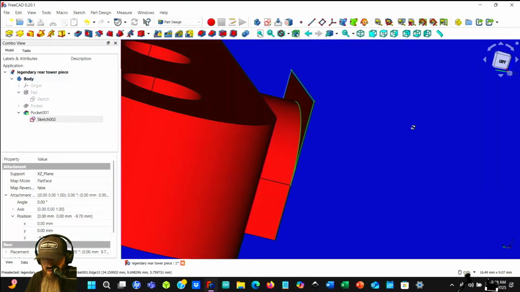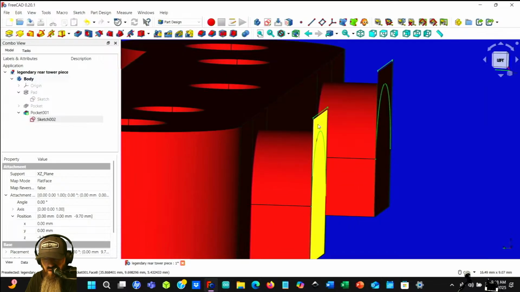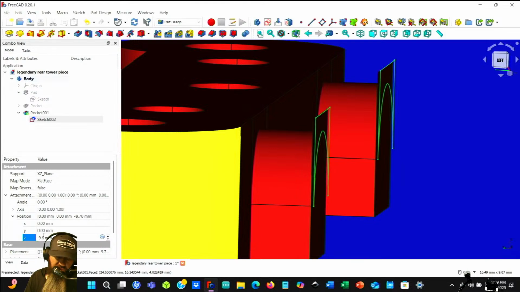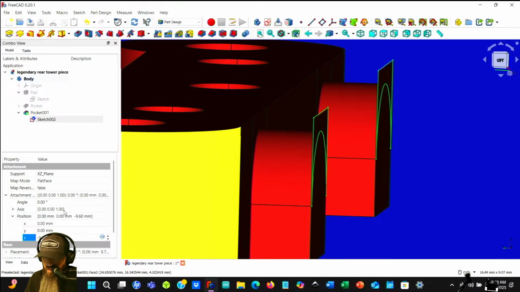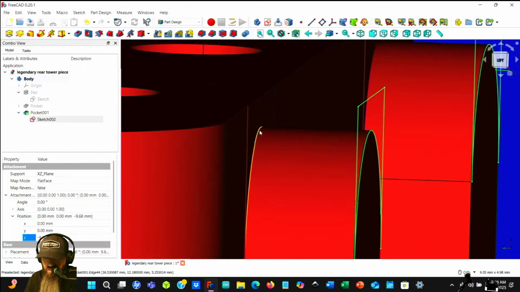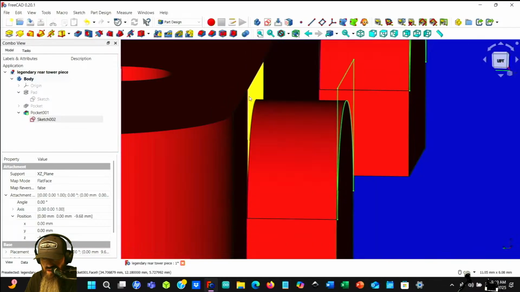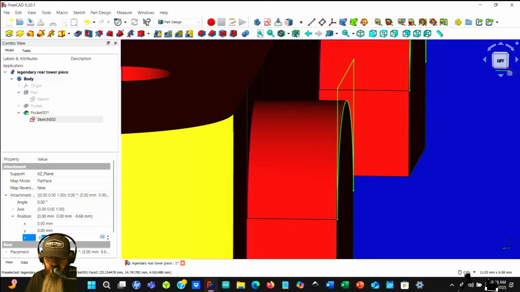Yeah, there it is. Oh, there's still a little line right there. So minus 9.6 will get us there, but let's try that. There we go. See, there's just a teeny little raised area there. Let's go 9.69. Okay, I think that's it.